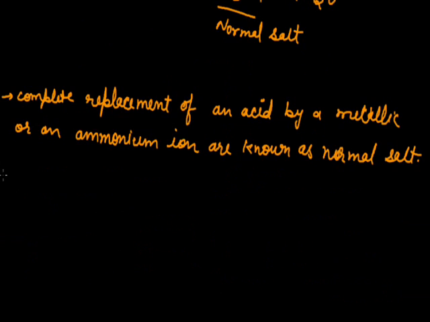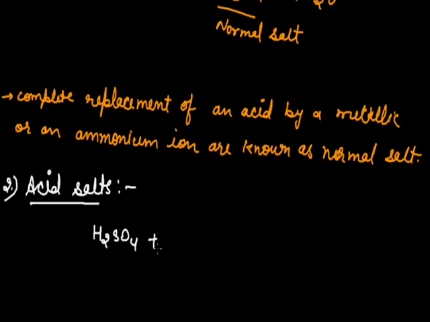Now acidic salts. Second is acid salt. The salts which are obtained by the partial replacement of ionizable hydrogen atoms of a polybasic acid by a metal or an ammonium ion are known as acid salt. So here acid salt, we can say that the salt in which replaceable H plus ions are present. For example, if we take an example of H2SO4 plus NaOH,